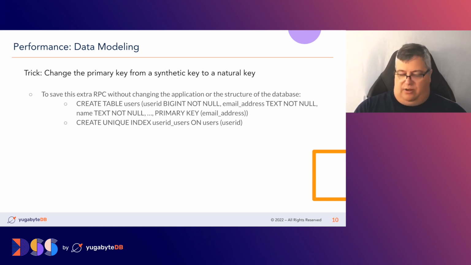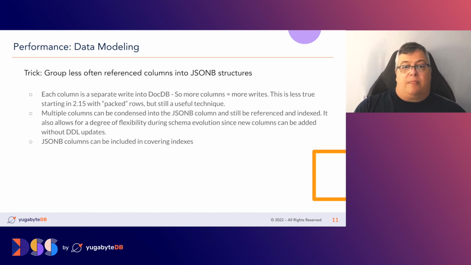But this makes a huge savings when you talk about thousands, hundreds of thousands, and millions of queries per second going against this. It adds up. One of the next tricks we talk about in data modeling is we want to look at grouping less-used reference columns into JSON-B structures. Now, when you're migrating applications from one database system to another, sometimes you have the flexibility